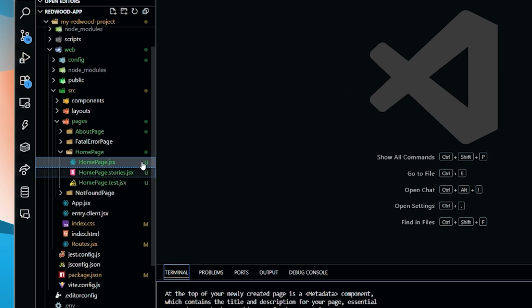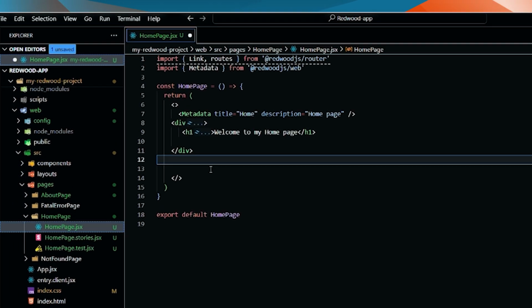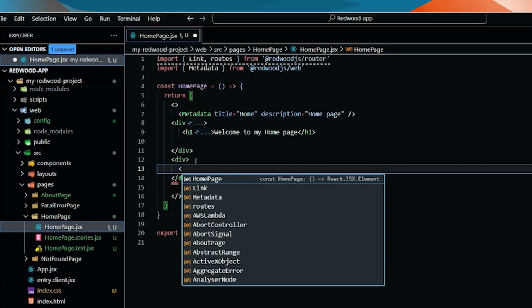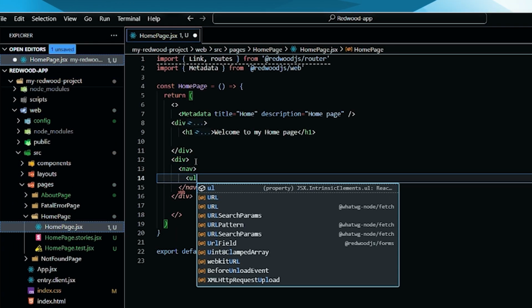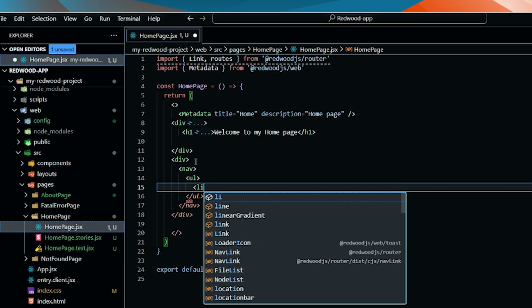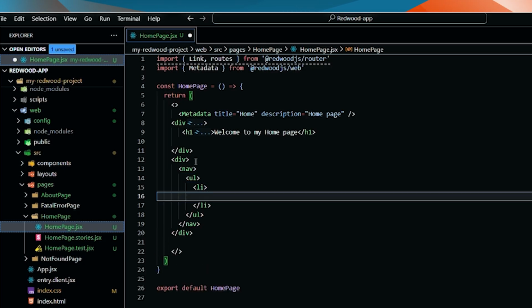For that, go to your home page. Let's define a div here. Inside the div, a nav bar, inside the nav, an ordered list, and after that, a list item. Inside our list item, we will define our link. So for that,